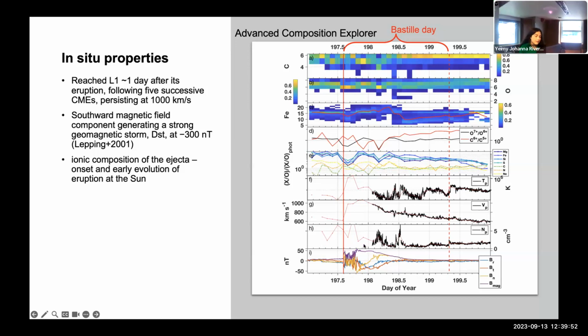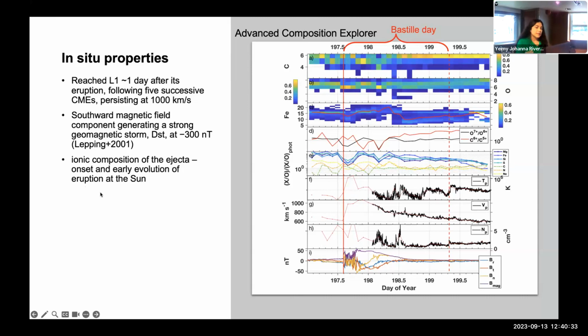One of the things we see from the magnetic field components is this sheath, a variable magnetic field towards the beginning. That's called the sheath component, generally associated with the leading edge that we saw a couple of slides back. Following that is a large curvature in the magnetic field that's generally connected to the passage of a flux rope. The magnetic field components happen to be directed in the south direction, which is essentially an ideal orientation for dayside reconnection at the Earth. It drove this very large geomagnetic storm that's described in this paper here.